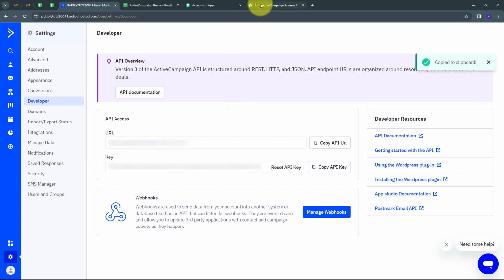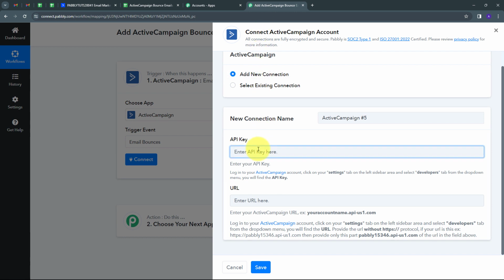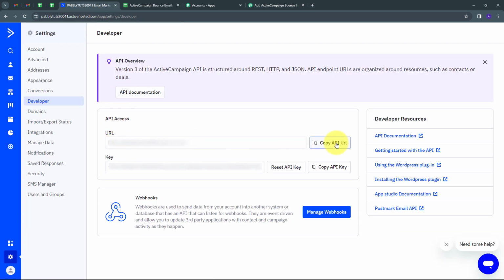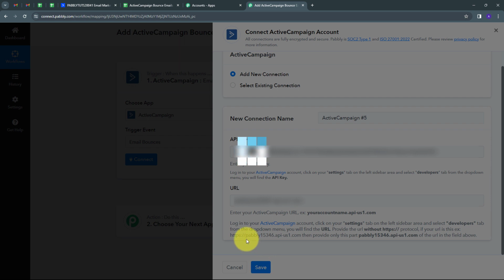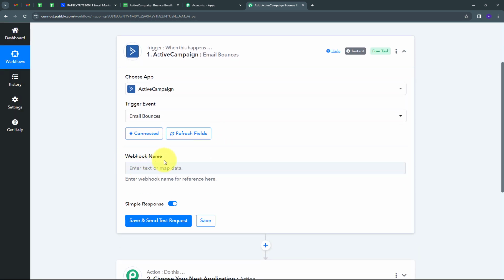I will go back to Pabbly Connect and I'm going to paste that API key here. Now I need a URL, so I'm going to go back to ActiveCampaign and I'm going to copy this URL. I will go back to Pabbly Connect and I'm going to paste that URL here and this is going to be my URL. Now I'm going to click on save